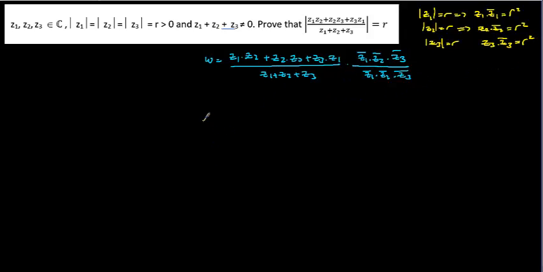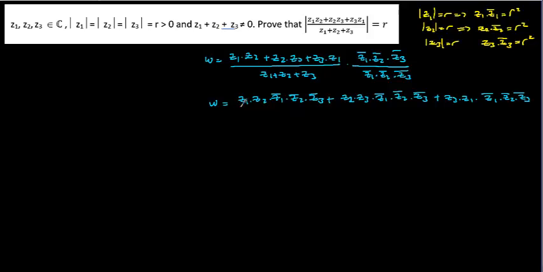Let's multiply these expressions here, and W is equal to Z1 times Z2 times Z1 conjugate times Z2 conjugate times Z3 conjugate, plus Z1 times Z2 times Z3 times Z1 conjugate times Z2 conjugate times Z3 conjugate, and plus Z3 times Z1 times Z1 conjugate times Z2 conjugate times Z3 conjugate, all over